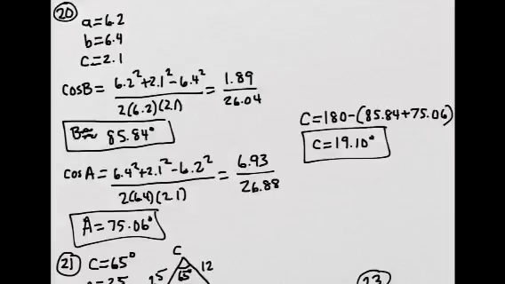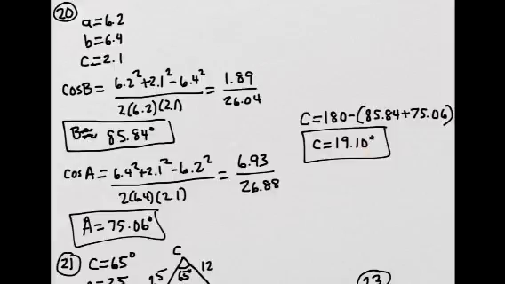And so you plug that into the calculator. This is the ratio you get. Inverse cosine, and there's the angle. Then I look for the next biggest side, which would be side A. So angle A is the next one. And again, law of cosines. Here's the setup. Inverse cosine of this ratio, and you get this. For the third angle, you can just add the two angles that you found, subtract from 180, and you get